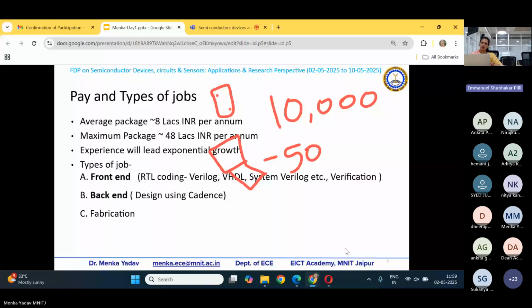Laptops are costing, let's say, around 50,000. Now, what is the age of mobile phones? You may type in the chat box. Let's make it interactive. Does it make some sense that every mobile phone has an average age of 3 years or 4 years? Do you agree? If yes, you may just type Y in the chat box.